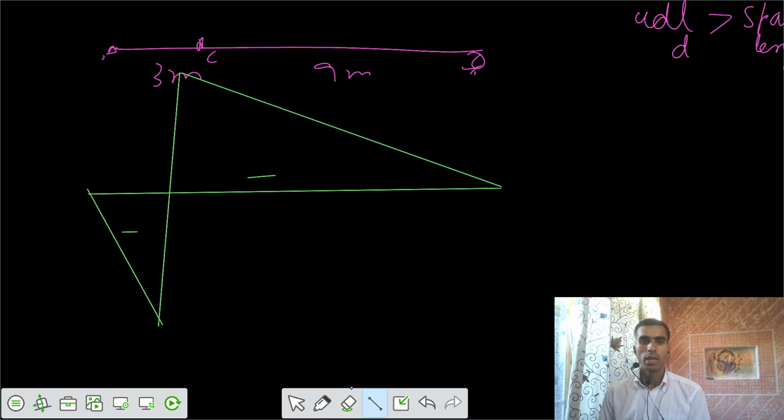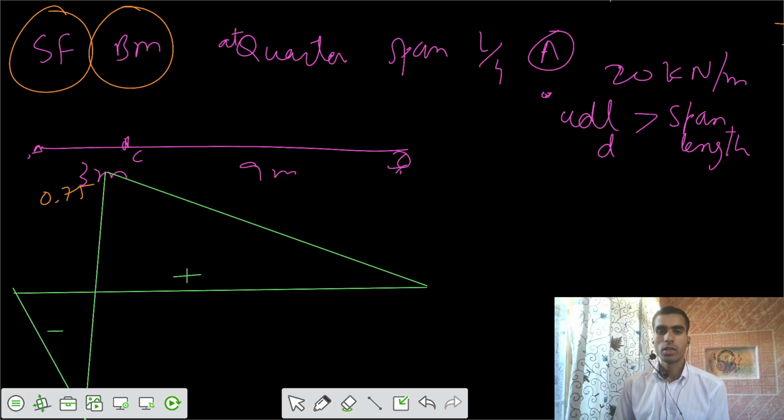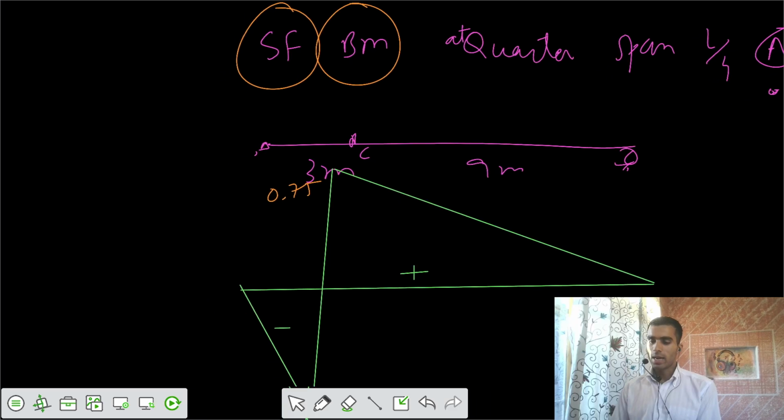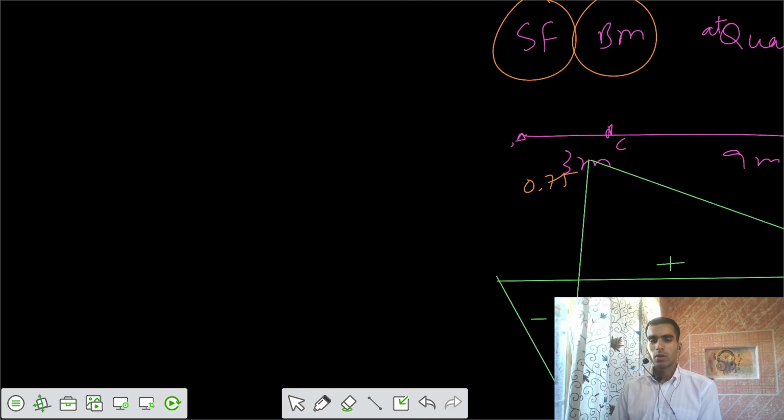This is your negative, positive, and the ordinates would be 3 by 12. That's 0.25. This would be 0.75. So we got the ILD for shear force at C. Then for the positive, if I directly write now, for the negative we can ignore, or if we want to write the negative,